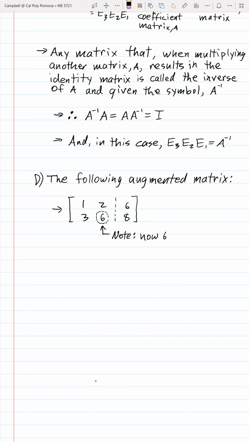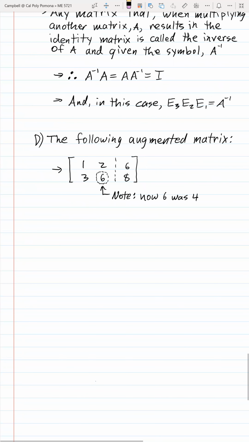So now a 6, and it was a 4 before, so that I can make sure you note that fundamental change in the problem, because we can see, and here again, I'm working with an augmented matrix, we can now see that if I subtract,